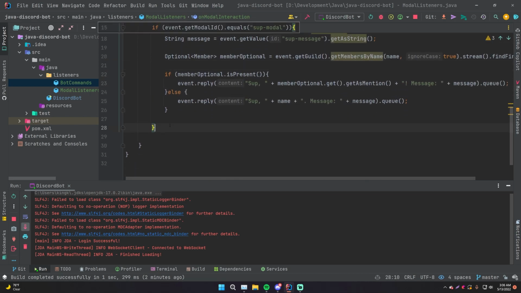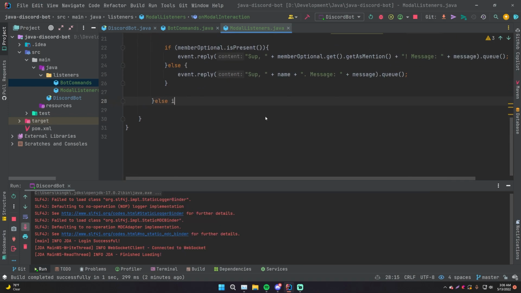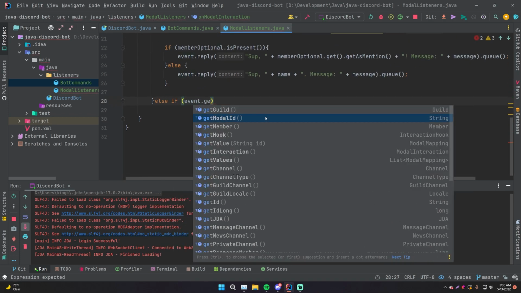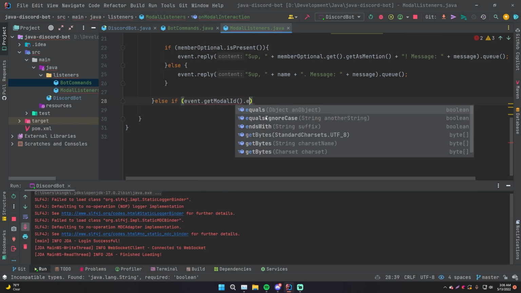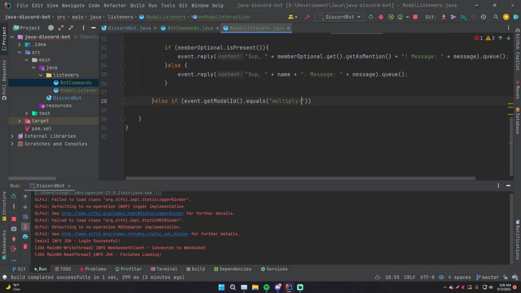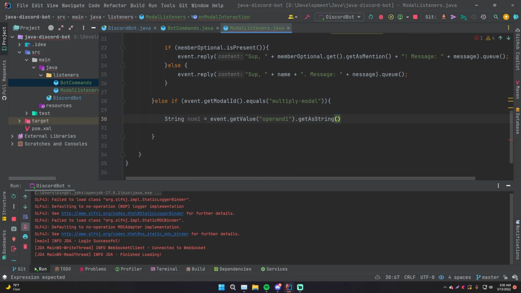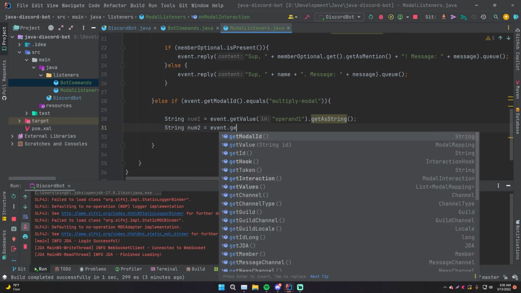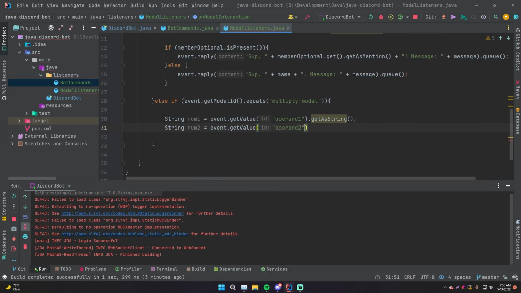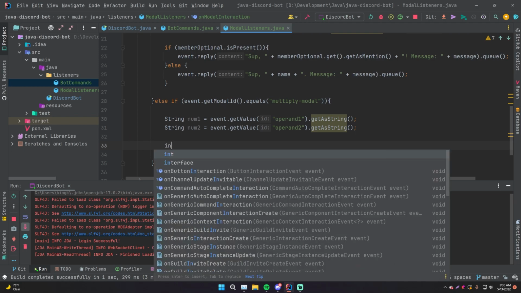So we're going to add else if event.getModalId.equals multiplyModal. That's what we named it. So String num1 is equal to event.getValue operand1 .getAsString, num2 is equal to event.getValue operand2 .getAsString. And obviously these are not numbers and we can't multiply strings, so we need to convert it to a number. So we can do that by doing integer num1